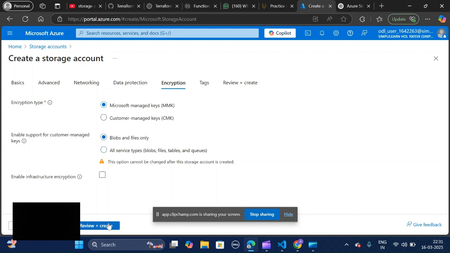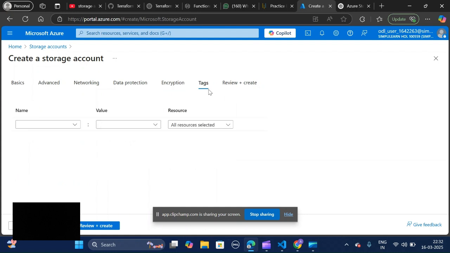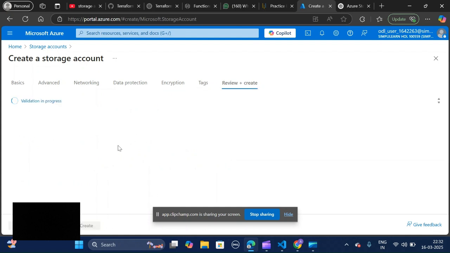So now, if you have any specific tag, tags just mean you can give, for example, an environment like production or test, or owner details, like this you can give. And then we'll try to create. First we'll validate it. It will check, and then once it validates,